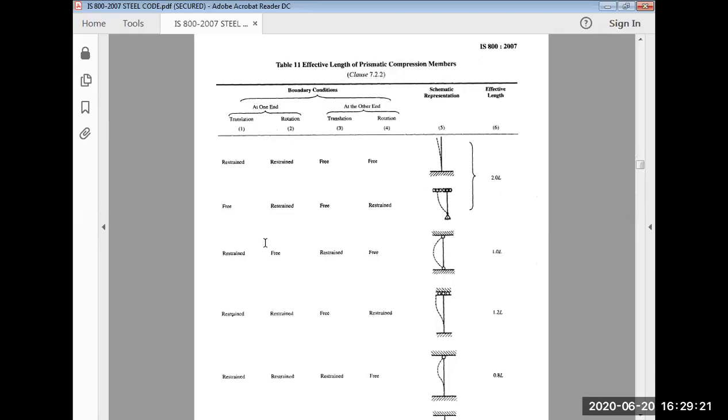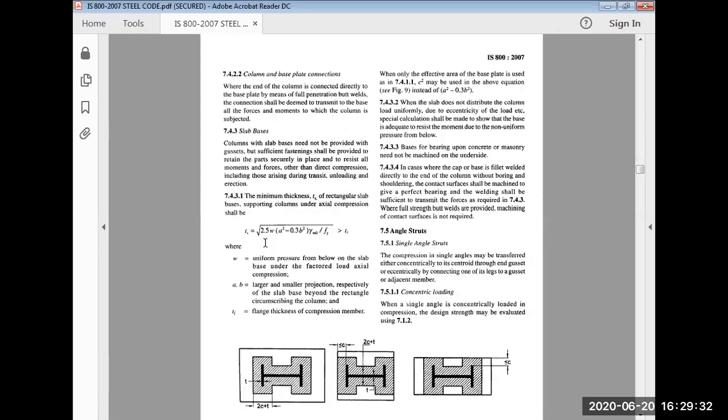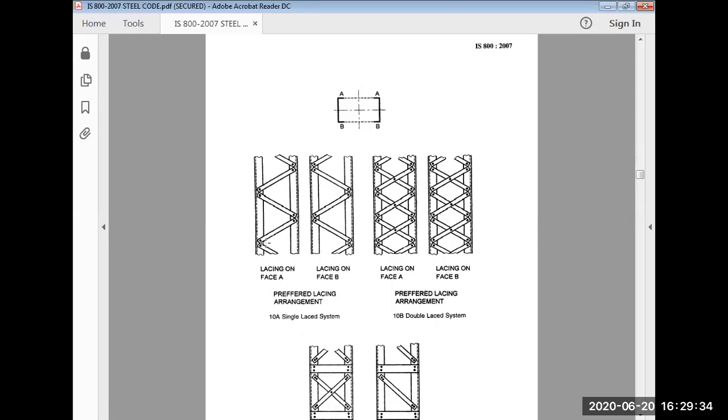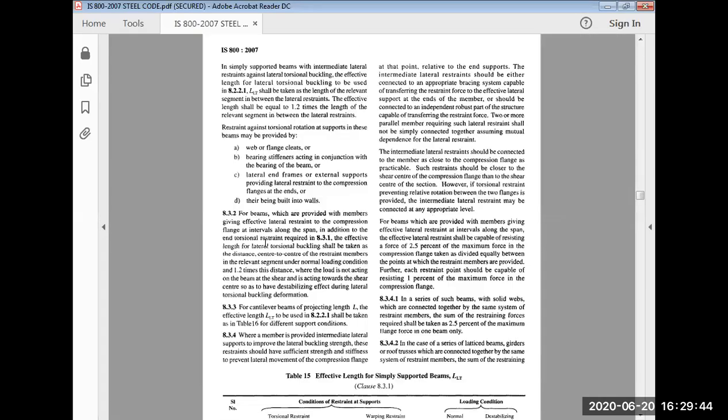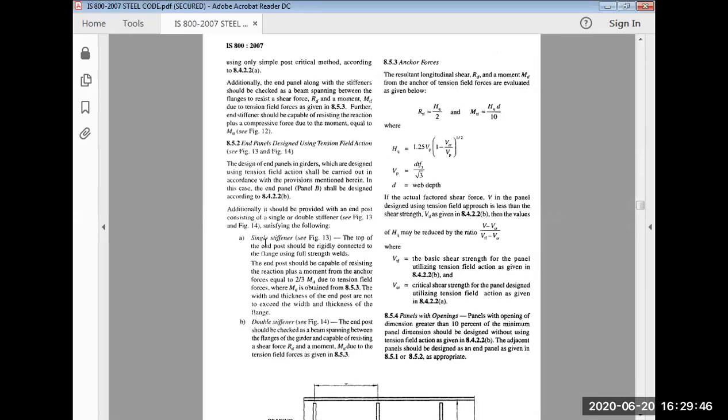See, this you have seen in second year structural analysis also. The column is there, then boundary conditions; from the boundary condition, the effective length, how to calculate, that is given. This is two I sections or two channel sections connected to each other by lacing or batten system. Okay, we will see in detail this part. Okay, now wait for again 5 minutes, because I will show you the next code.